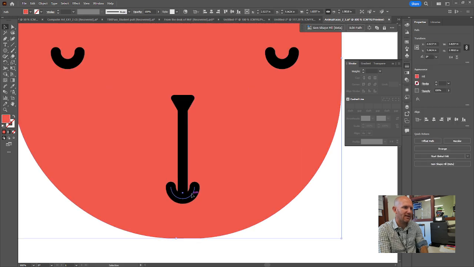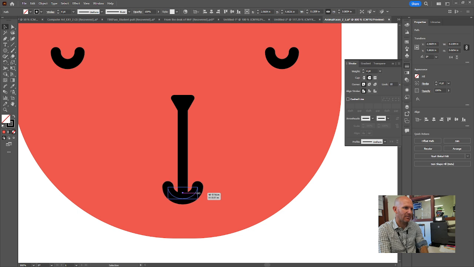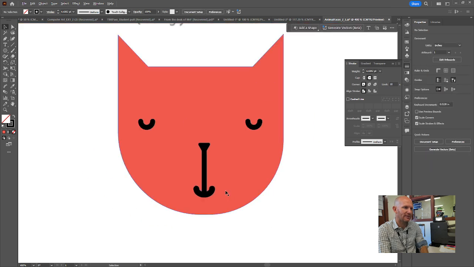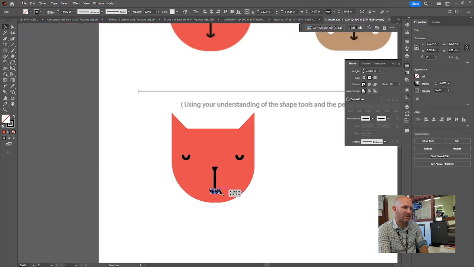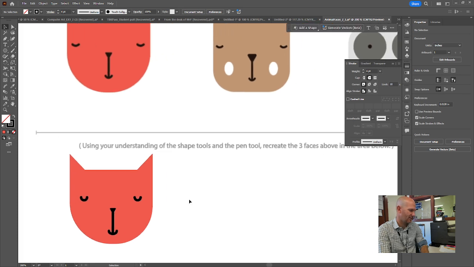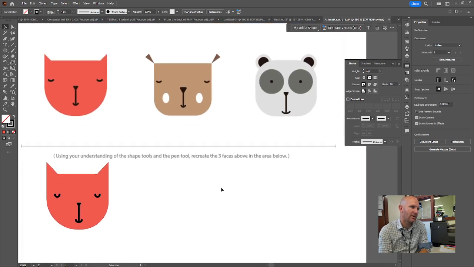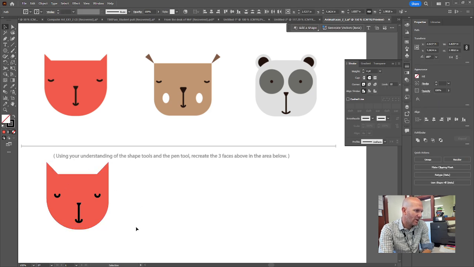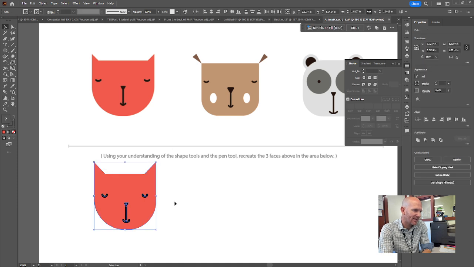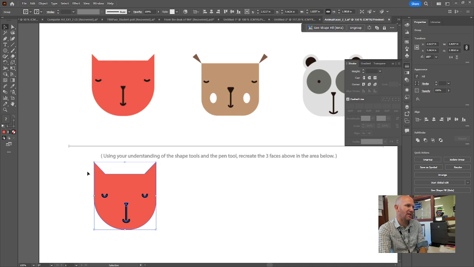Now it's up to you aesthetically if you want to modify the mouth, maybe make the mouth a little wider. Maybe that makes it look a little better. You can update those things according to your aesthetic. And so once you're done here, one thing I might do is just group it all. So if I do a selection rectangle over the whole thing and then do Control G, then it groups